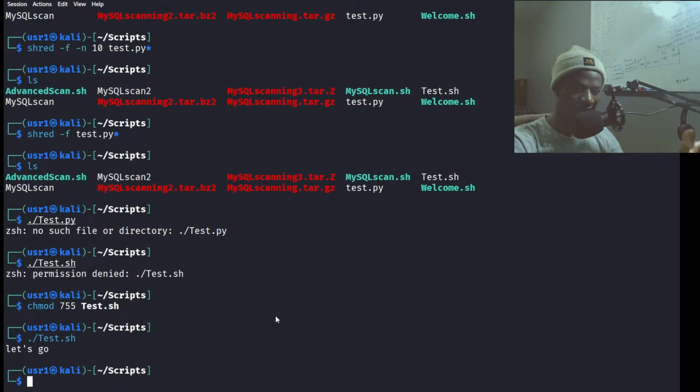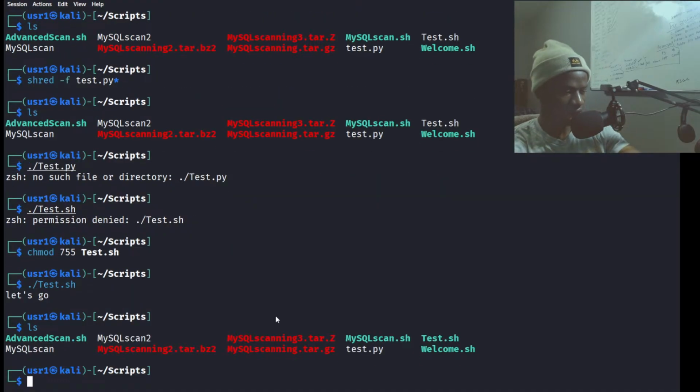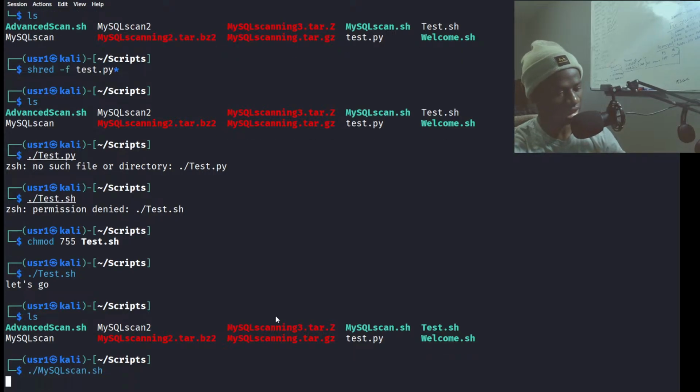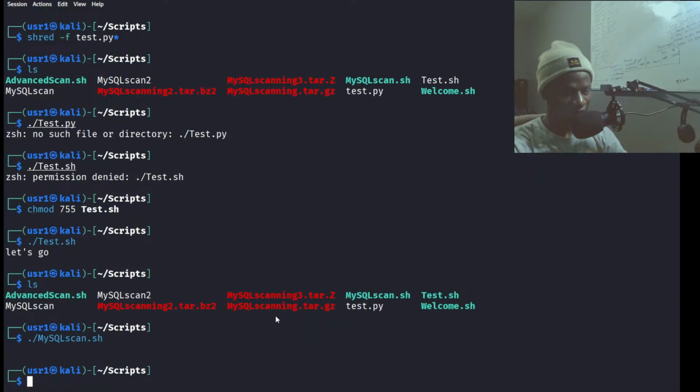All right, and then we can do this. Let's go. Nice. Okay, let me see. There we go. That's why we had it wrong. And then we can do mysql_scan.sh. It's probably not going to bring up anything because I messed up the file.